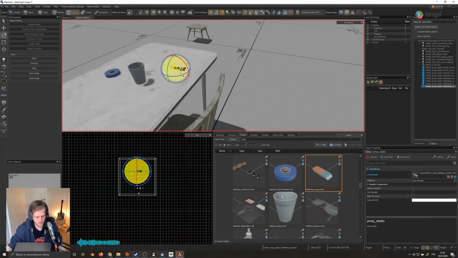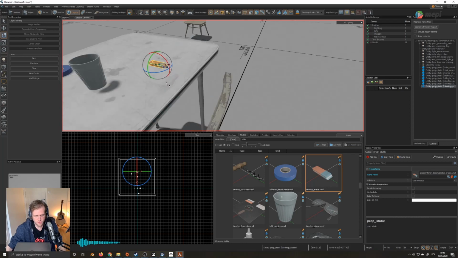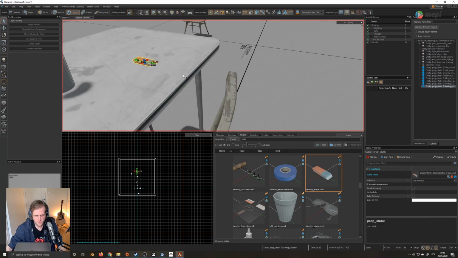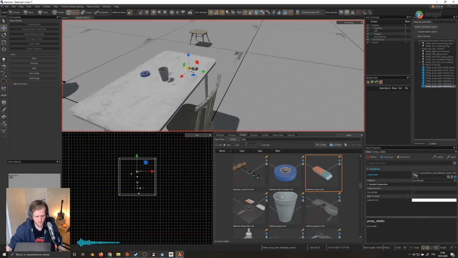So also shortcuts for moving objects around. Q is for scaling, right? If you need to scale the object. E is for scaling. R is for rotate, and T is for transform. So those are the basics. So T transform, R rotate,